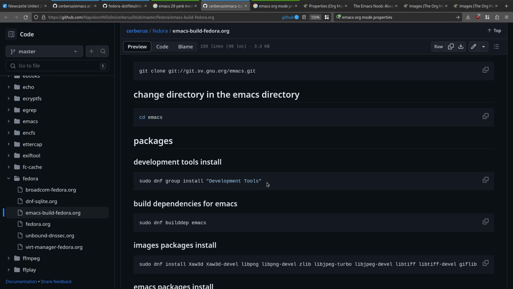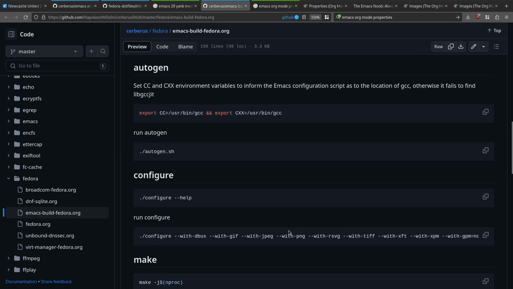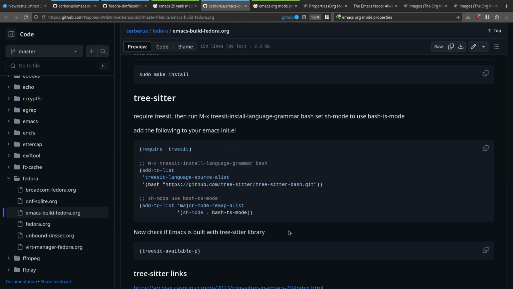The longest step is actually cloning the Emacs Git repository, which takes like 6 or 7 minutes. But once you've got all the packages installed and you go through these steps, it only took 5 or 6 minutes to build Emacs from source, and that was on a Dell XPS 15 with 16